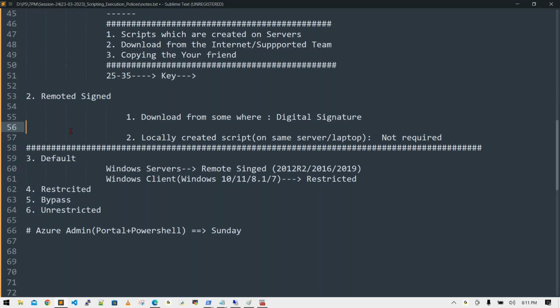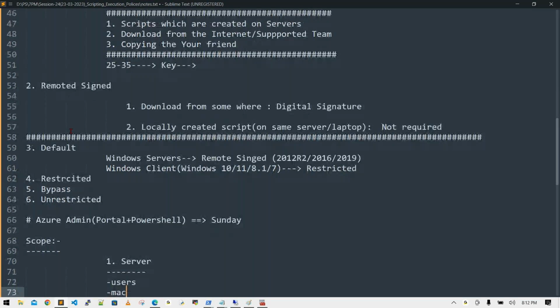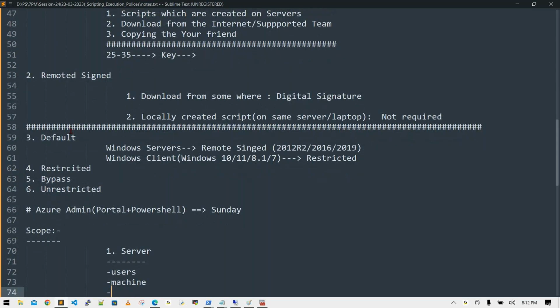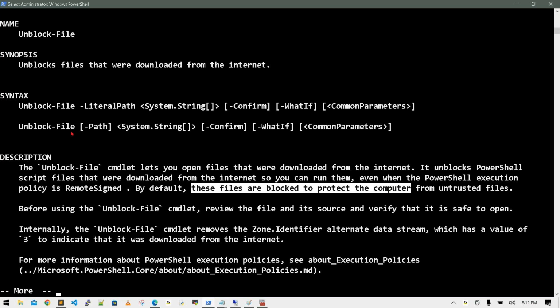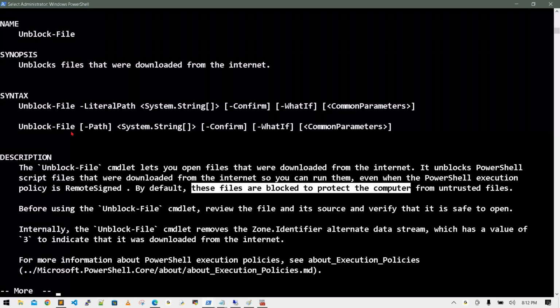And one more area we have to see is scope. For example, don't think you are the only user of your machine. You have to think like a server machine. In a server, so many users will come. I mean, machine level, user level, single user level process is there. So many policies. Up to which area you have to apply this security. Okay, you have decided the execution policy, but is this execution policy for all users of your computer,